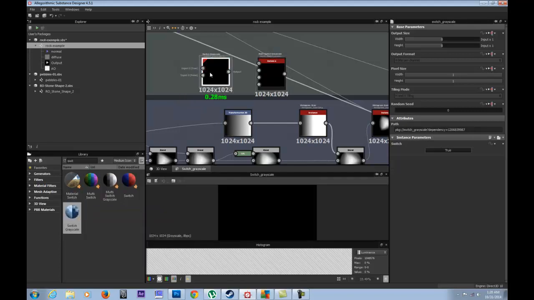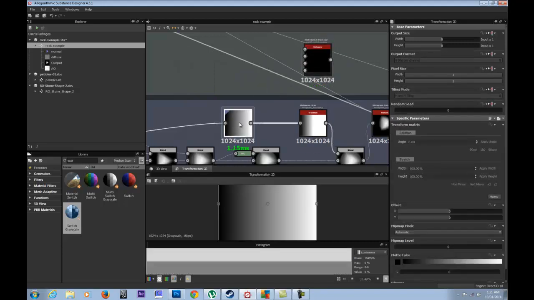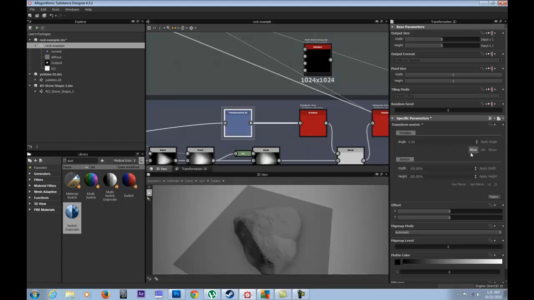So we have two single switches, which is a foreground background switch, and then you have a multi-switch. And the multi-switch switches via the input switch down here. So I only have 4, so when I'm at 4 I would pick whatever's connected to here. Now why is this important? In this case it's important because of this one gradient. I want to rotate it by 90 degrees each time. That way I can keep seeing the result